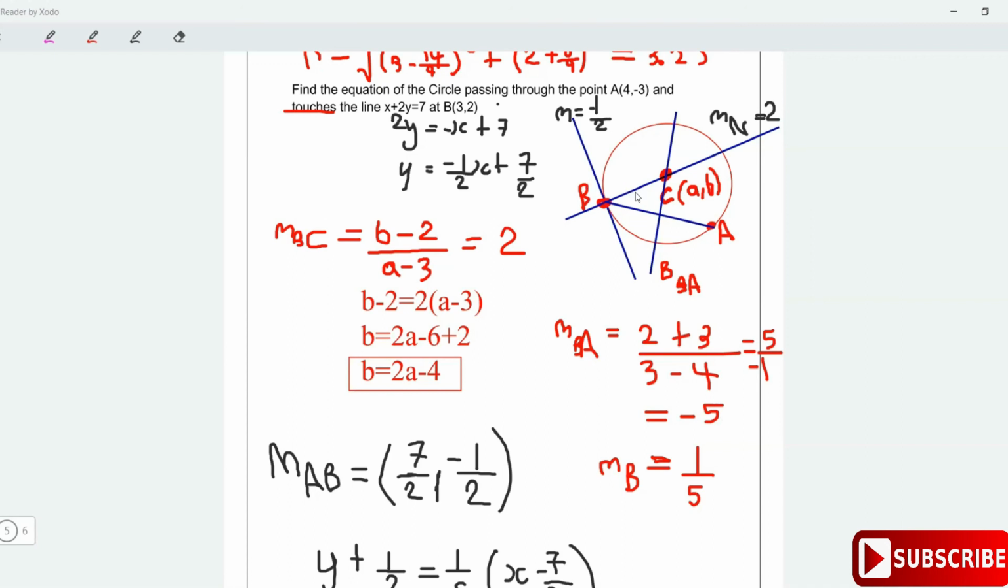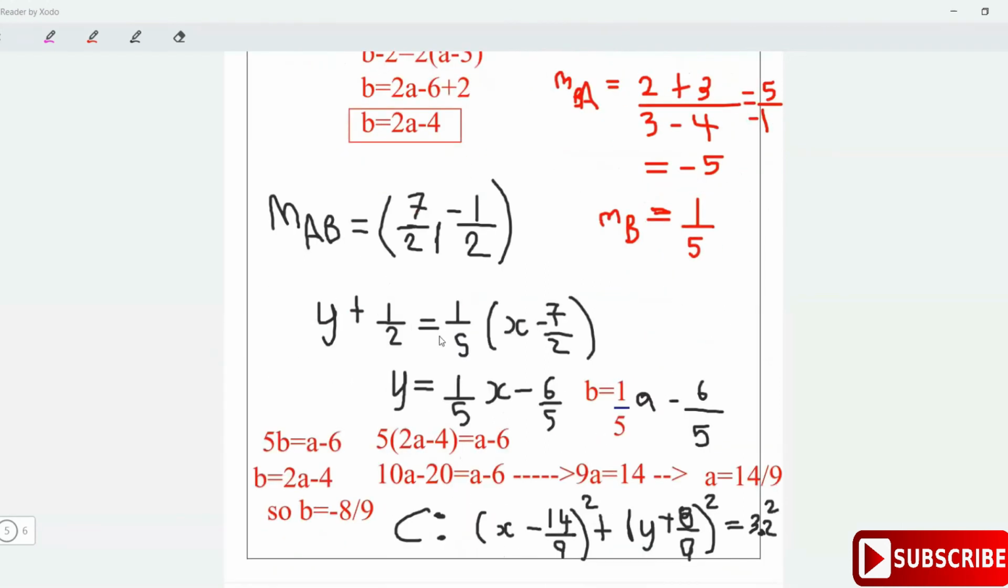Midpoint of AB: x is 7 over 2. Then y is minus 3 plus 2, which is minus 1, divided by 2 is minus a half, so that's good. So then solving this, bring over the half, you get 1 over 5 x minus 7 over 10, minus 7 over 10 minus a half is minus 6 over 5, good. Multiply through by 5, so that's 5b